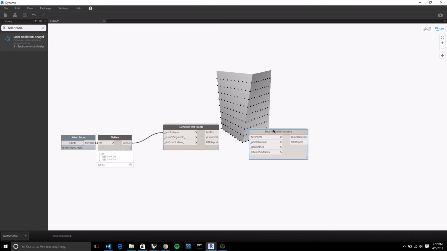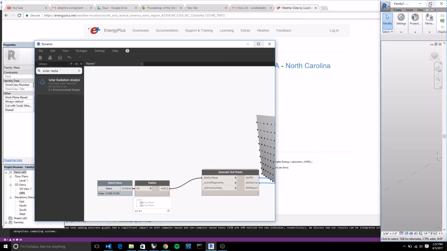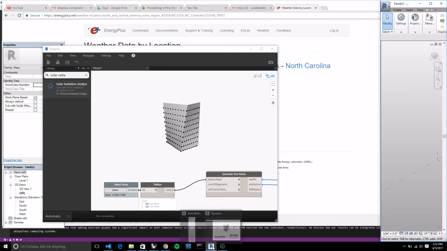Solar radiation analysis, and this is going to take the list of test points and the point normals. So we'll also take a set of context geometries. So we see that currently there's nothing blocking the sun from hitting this mass. So actually what we can do, we want to add some context to our